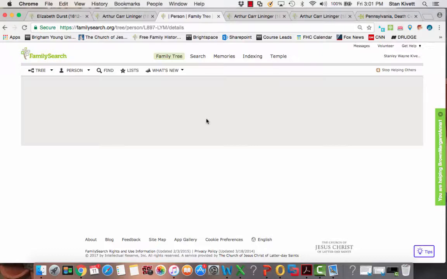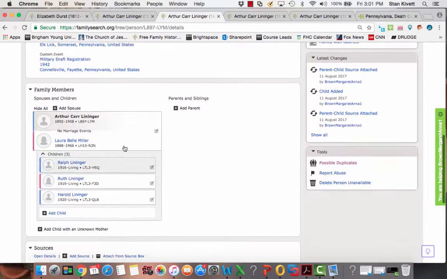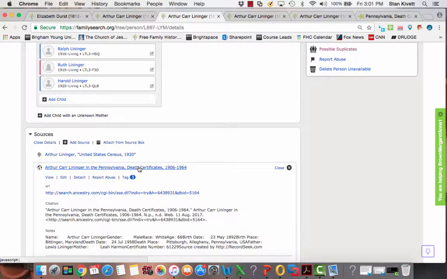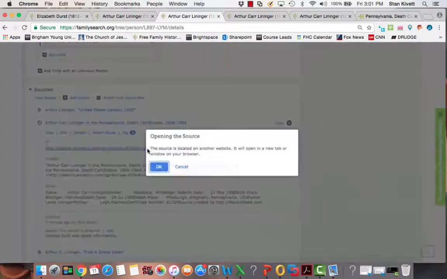If you'll look down now when the person page opens up, I now have Arthur and Laura Bell with 3 children. Now there's something that I want to mention. A lot of times we'll put sources on and not recognize all the information that's available. So let me show you what I mean by that. In this death certificate, if I go ahead and open it up,